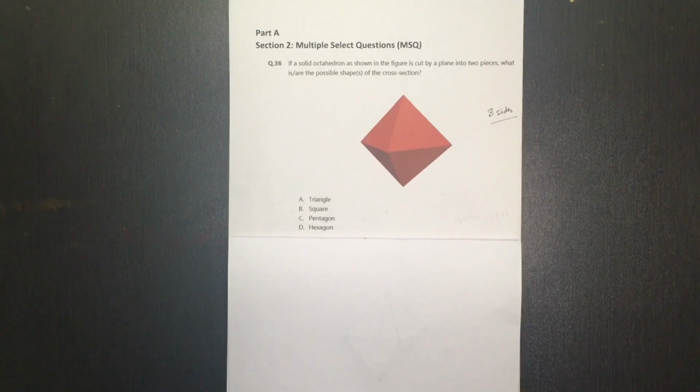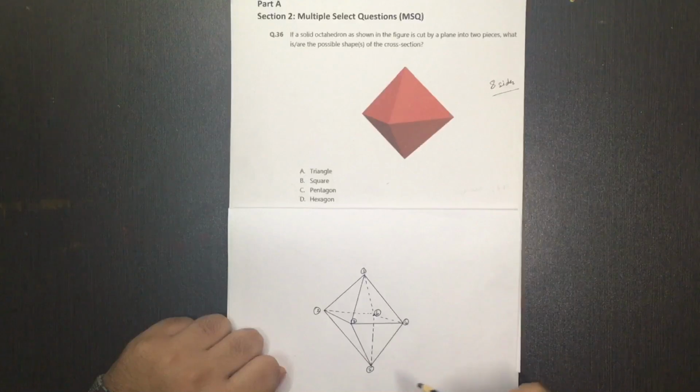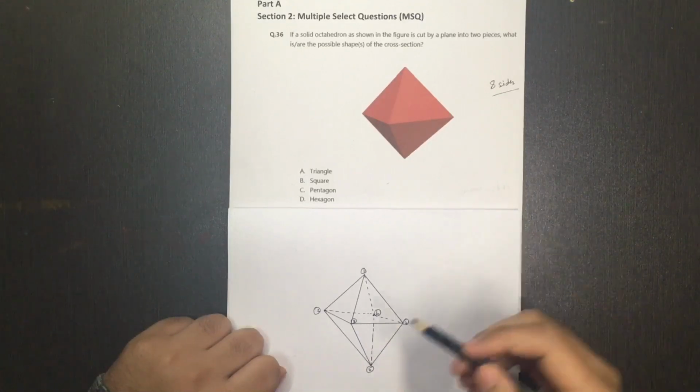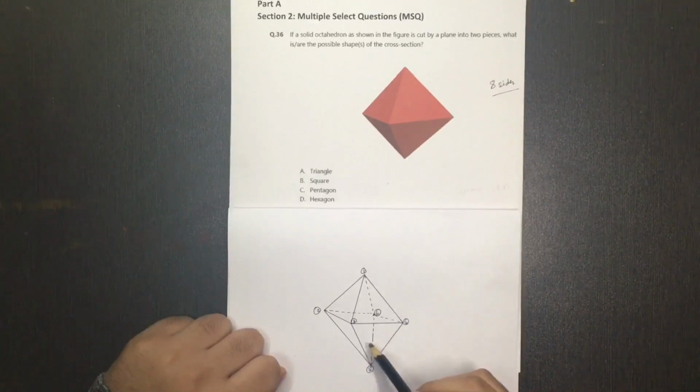So let's start with analyzing what are the different planes that it can be cut along and what are the figures that can be formed over here. Let's start. Okay, so I have drawn the same octahedron over here wherein we can see that we will be having 8 faces. So 1 2 3 4 and 1 2 3 4 over here, and we have 6 different points. Okay, so now let's start analyzing.